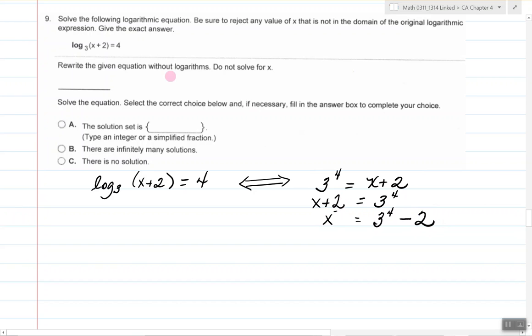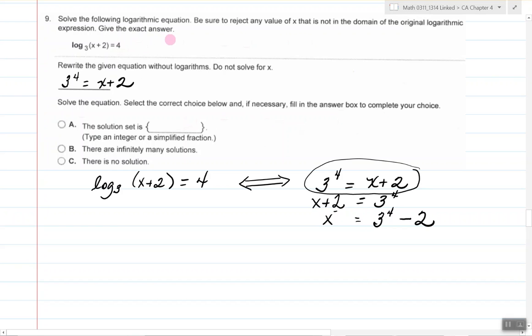The first thing it wanted me to do, you have to read the instructions because it changes per problem, is to write it in this format. So 3 to the 4th is equal to x plus 2. Then it wants, select the, okay, it says,